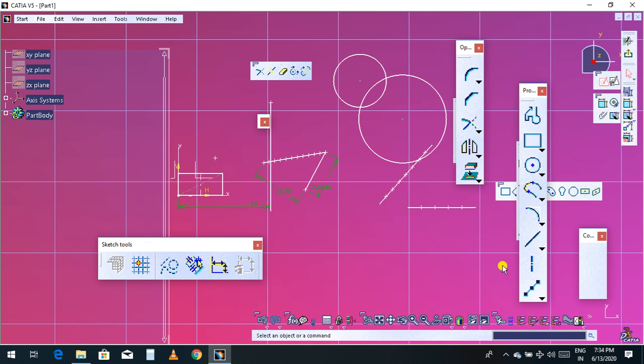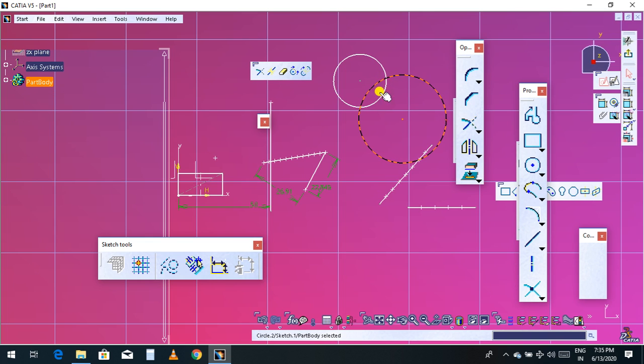Now choose the point and go to intersect point, click the intersect, and you can click this point. This is intersect point 1 and this is intersect point 2. So there are 2 points where they intersect. One point and another point here.